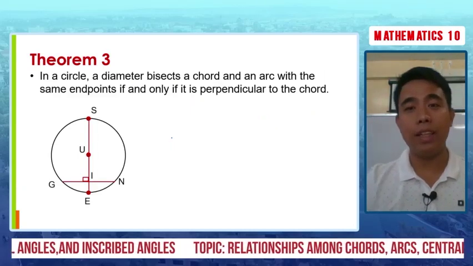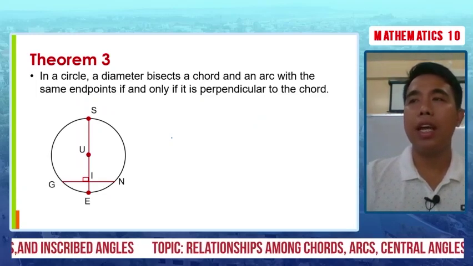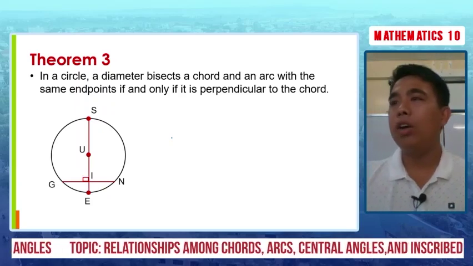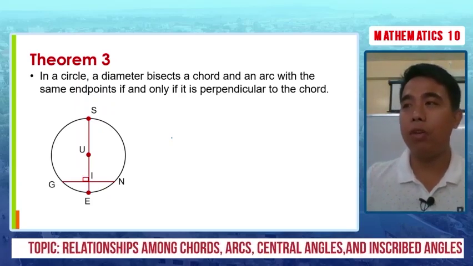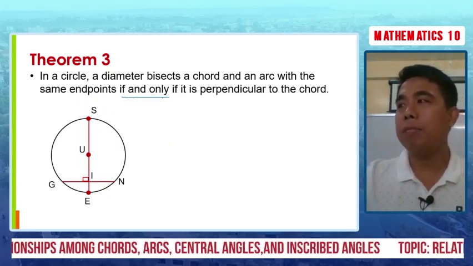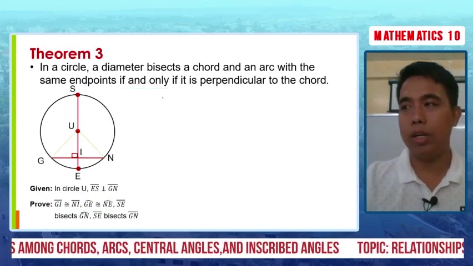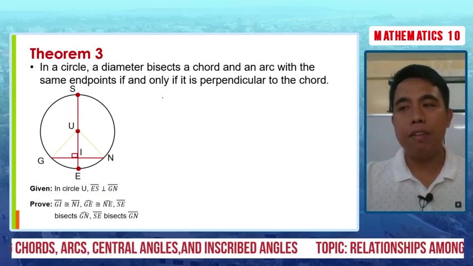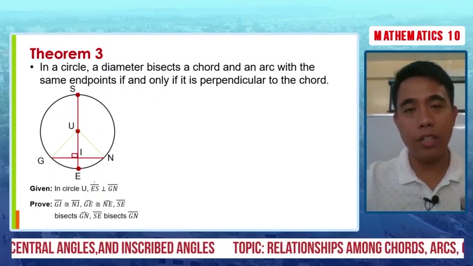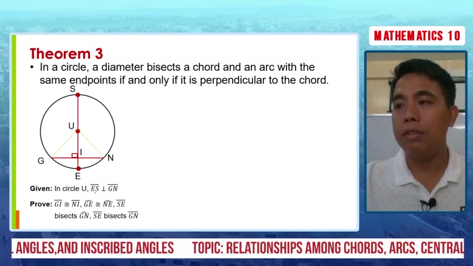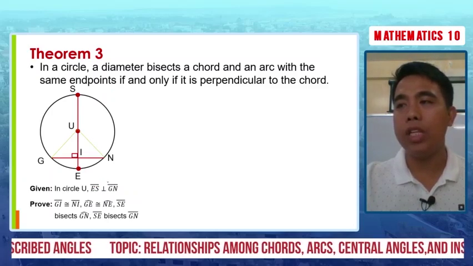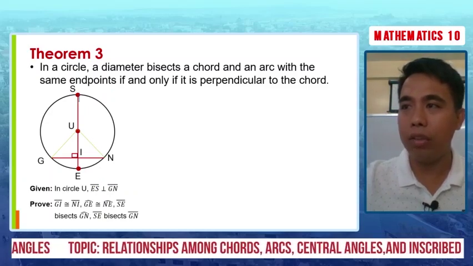Now, let's proceed sa ating Theorem 3. In a circle, a diameter bisects a chord and an arc with the same endpoints if and only if, again, biconditional ulit, dalawa yan, if it is perpendicular to the chord. So, dalawang statement yan, I will discuss the other statement later on. Yung first natin, given is ES is perpendicular to GN. So, ES, itong diameter na to,